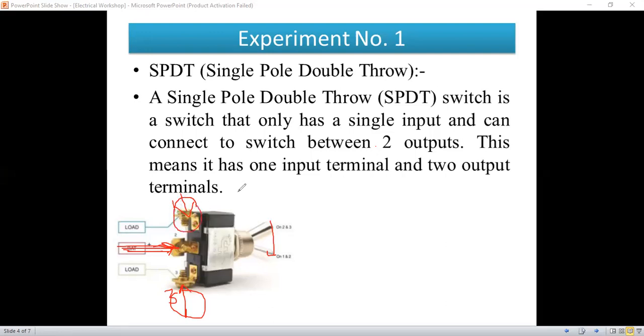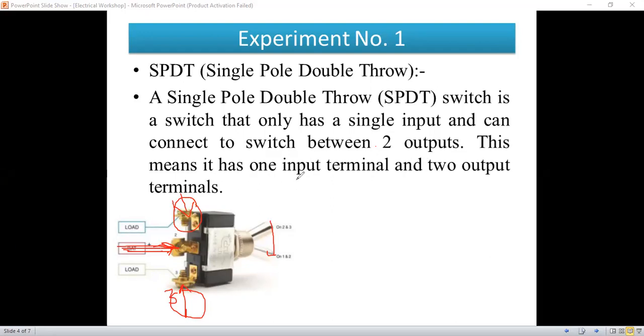Okay, so this is nothing but a two output terminal and one input terminal type of switch. It is nothing but SPDT switch. Now again its rating should depend upon size. त्याच्या size वरती depend राहील. For minimum size, it can be used for milliampere to ampere पर्यंत use करू शकतो. Maximum 16 ampere पर्यंत use करू शकतो.